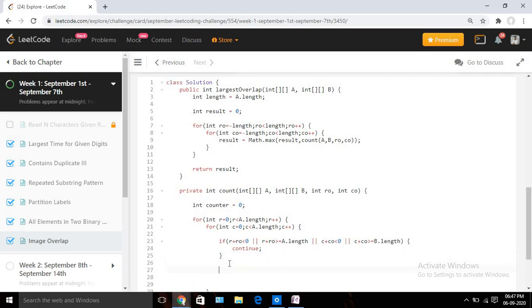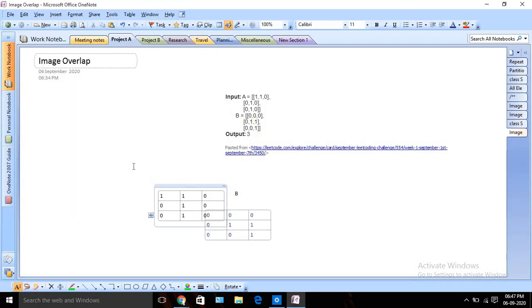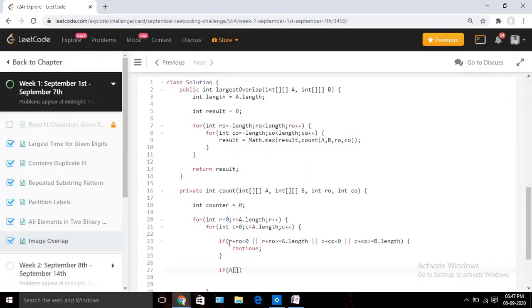Else we will check the actual value. If it does not satisfy the above condition, it will come here. Then we check if A at row index r plus RO and column index c plus CO equals 1, and I will check the B value also.